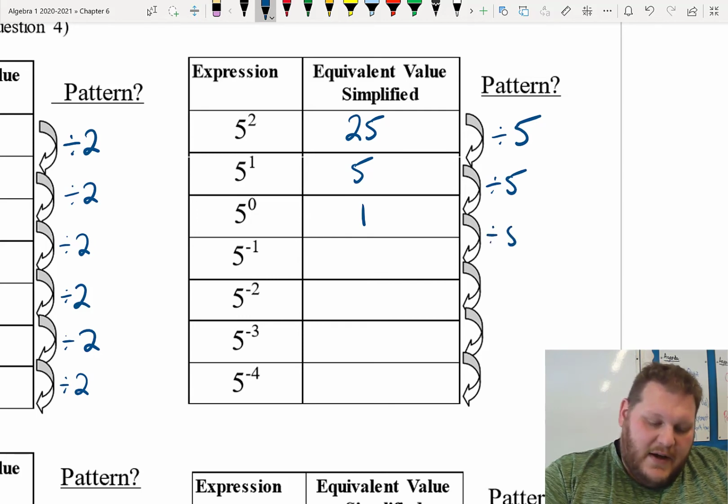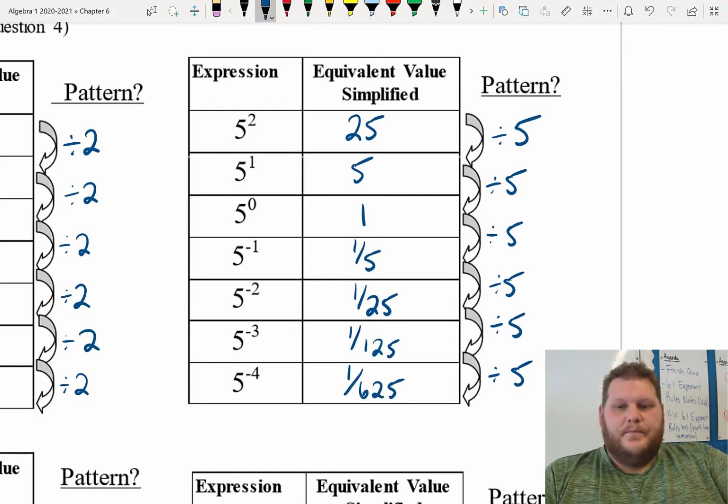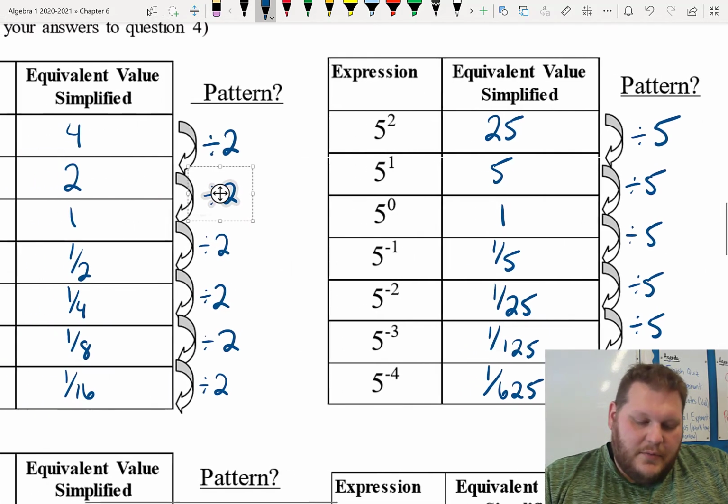I divide by 5, and now this is 1/5. I divide by 5, and this is 1 over 25, 1 over 125, and then 1 over 625. So if we notice